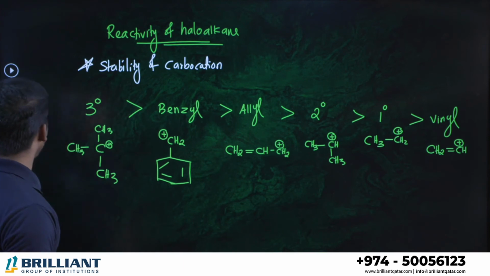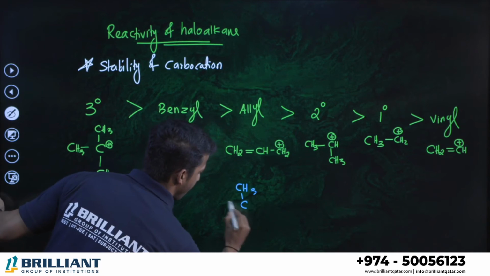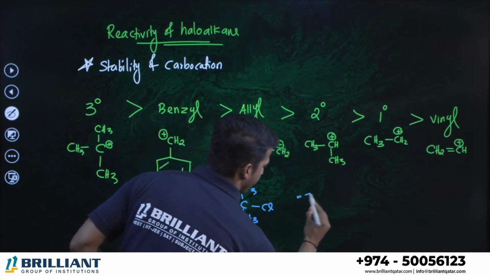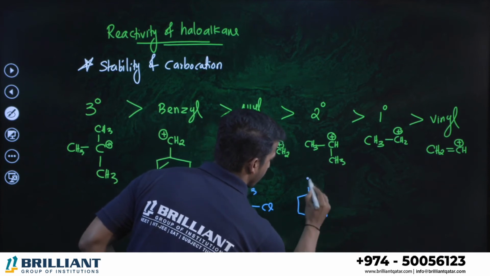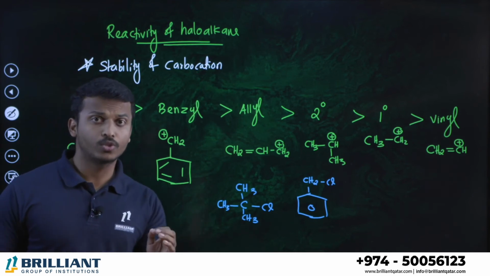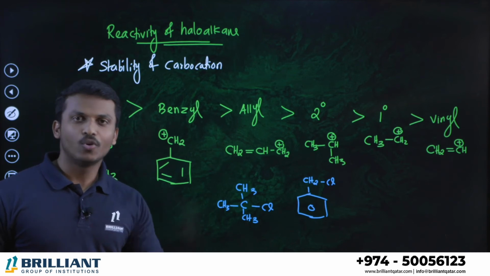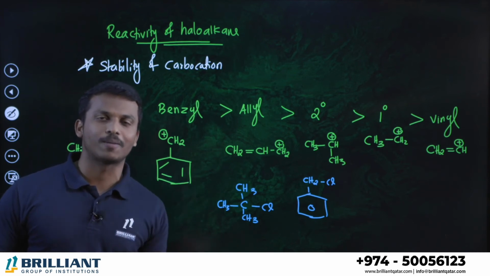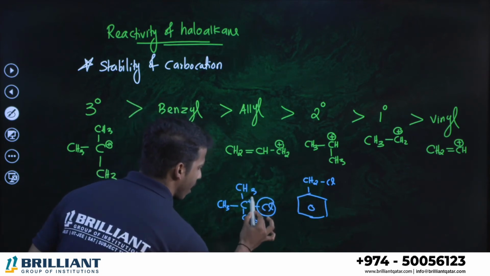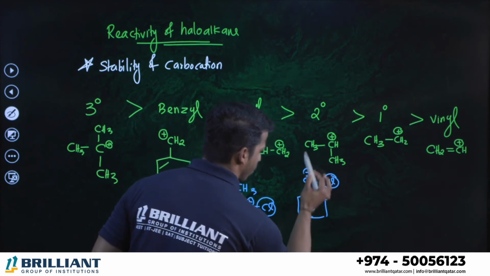Alright. Now, suppose I am giving you a question. These are the 2 compounds I am giving to you, and I am asking you which one can undergo SN1 reaction faster. You do the first step. What is happening in the first step of the SN1 mechanism? The halogen is leaving, forming a carbocation. Correct? Yes, the halogen is leaving, forming a carbocation.